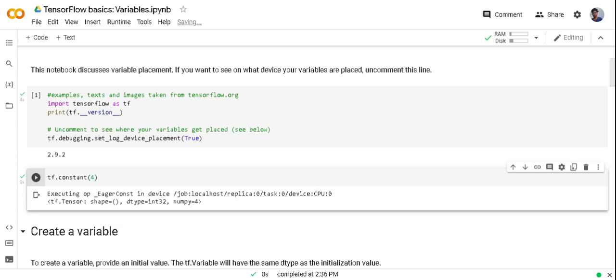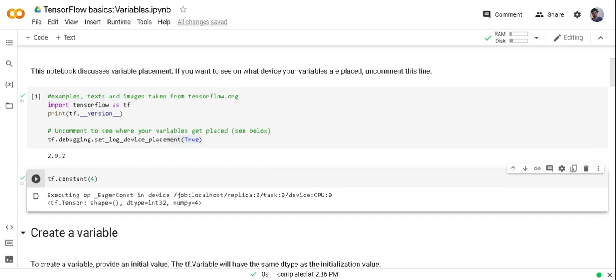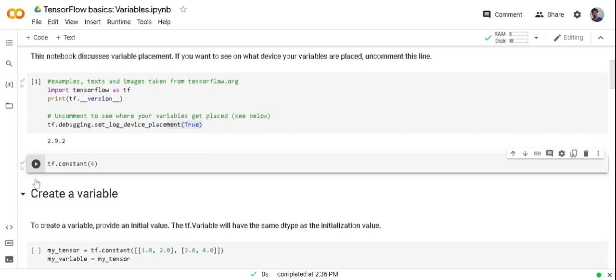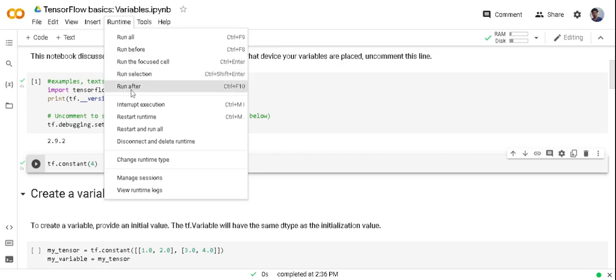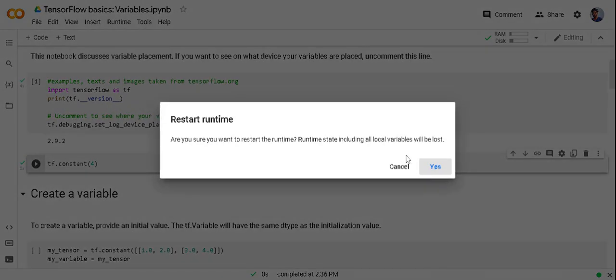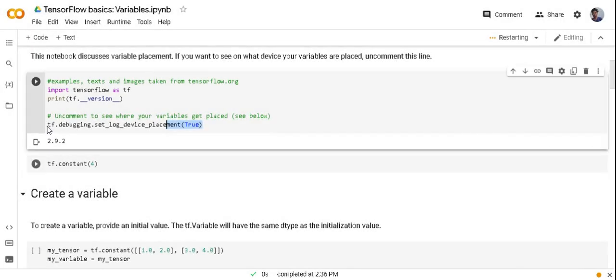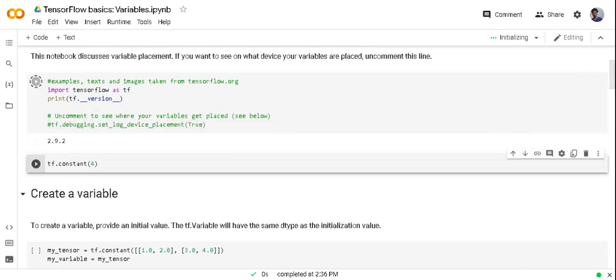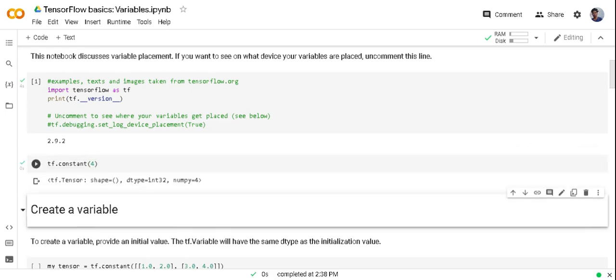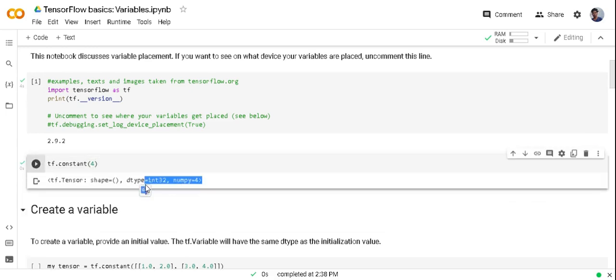If you're using GPU, this will show GPU or TPU, and this will print every time whenever I create the tensor. So I have to restart the runtime, and now I will comment this line. Now it is not printing.